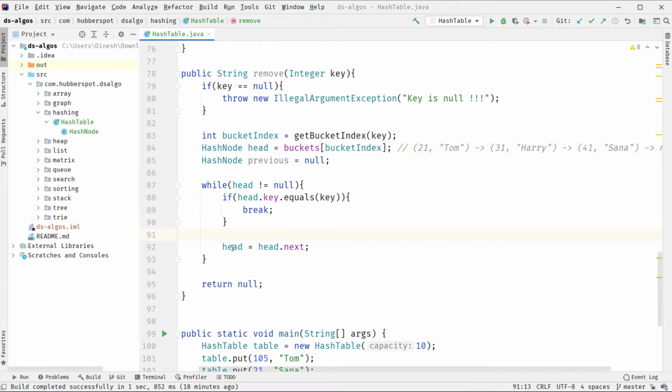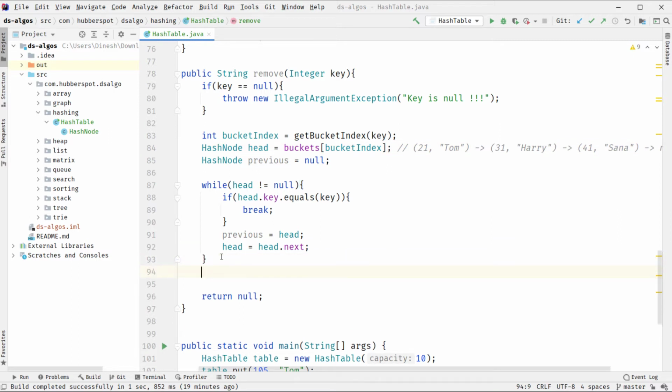And here what we do is, before moving the head to its next position, how can we keep track of this previous node? We first assign head to previous. So previous and head will point to this node, and then we simply traverse head to its next node. So previous is a step behind the head, and why we are keeping previous just behind the head is because let's say we have searched for the key which we want to remove. So we break from this while loop, and as soon as we break from this while loop, previous is here and head is here.